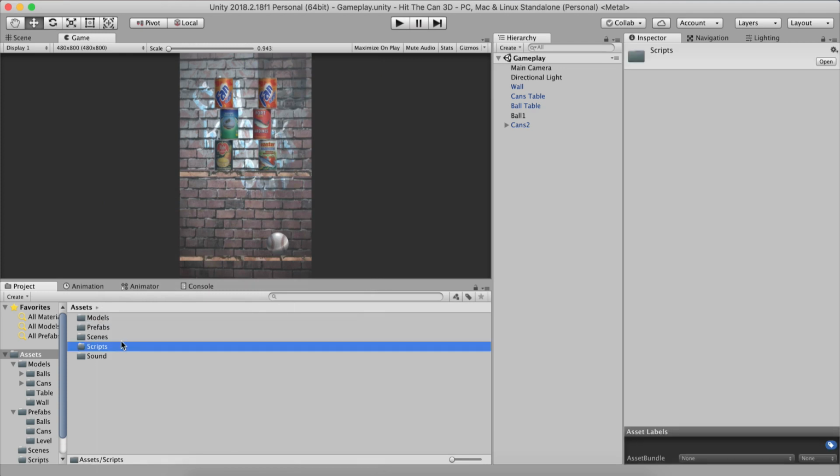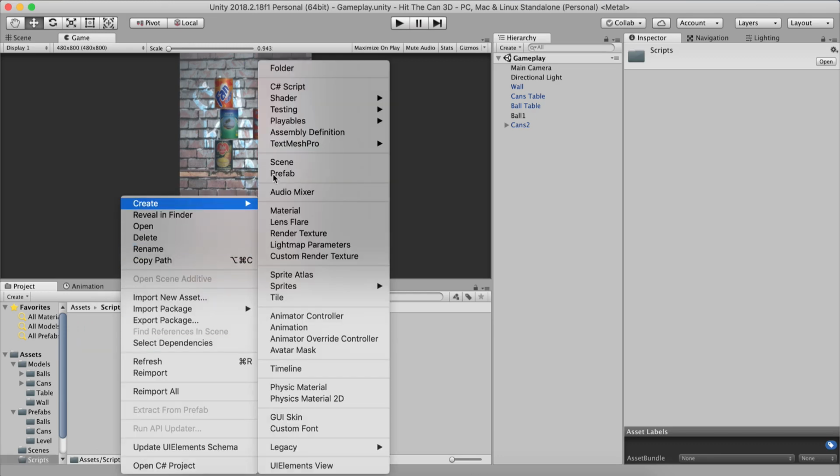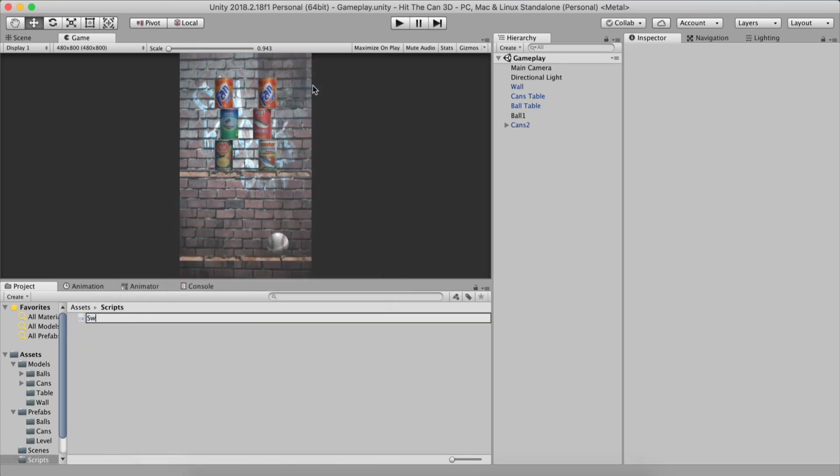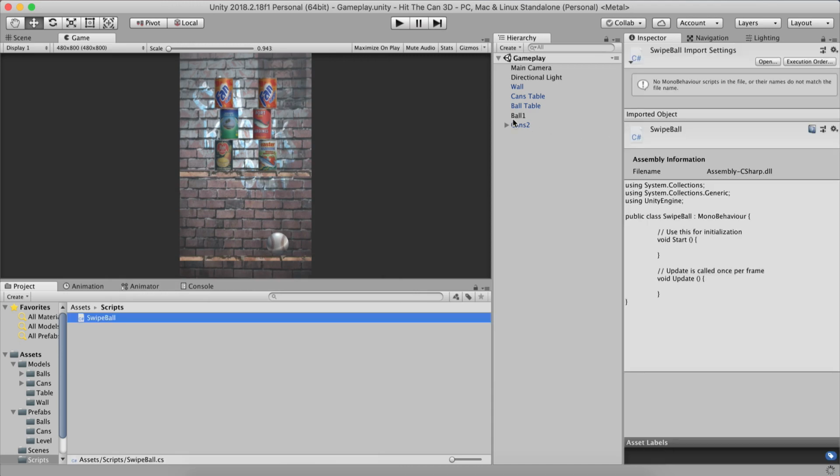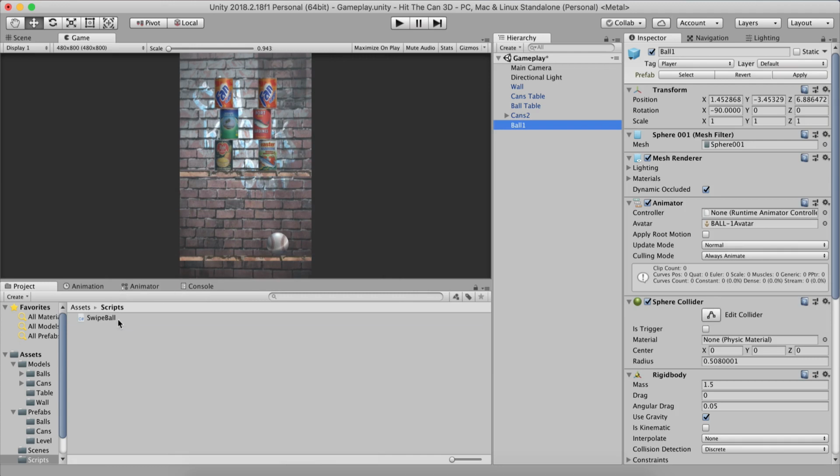So here I'm gonna say script. Inside of here, I'm gonna right click and create a C# script. I'm going to call this one swipe ball, because this is where we are going to detect when we swipe either with the mouse or with our